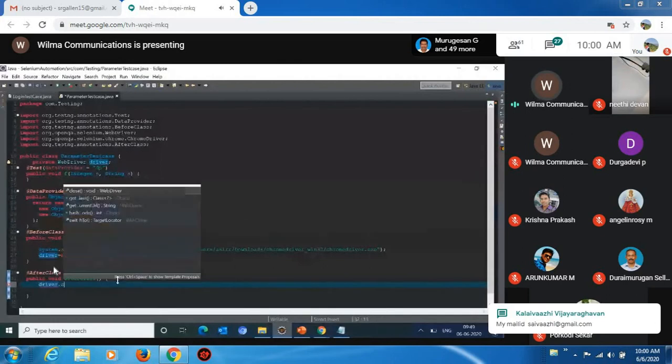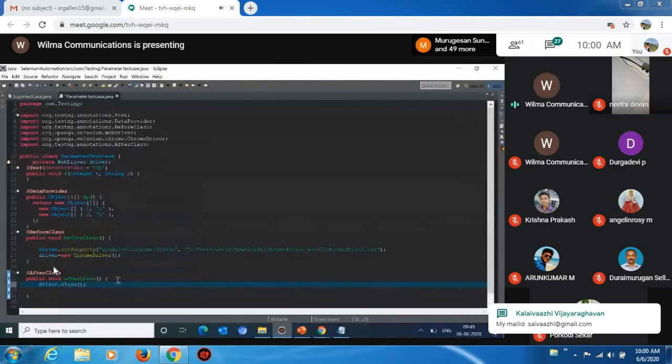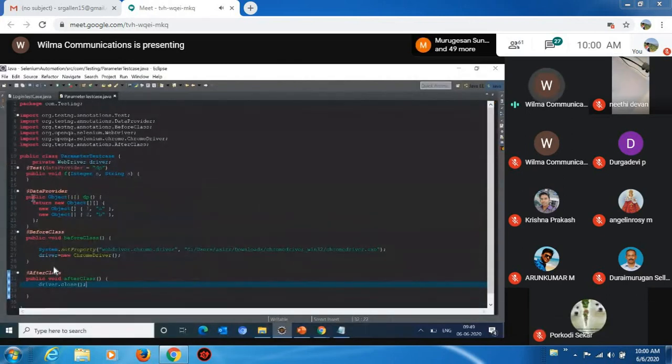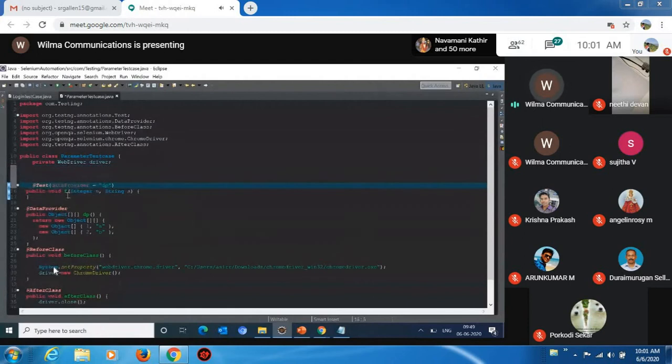Driver.close(), and the test method. So here you can see the test annotation is equal to, here we are giving the data provider. So in a single test case, you can create multiple data providers. Now I'm going to create a data provider for the login feature.